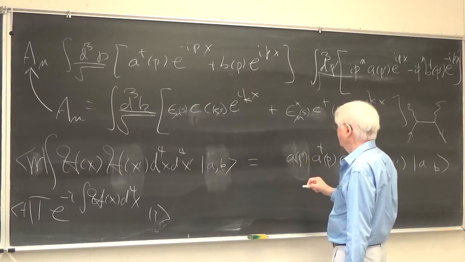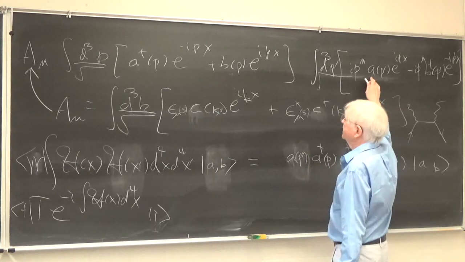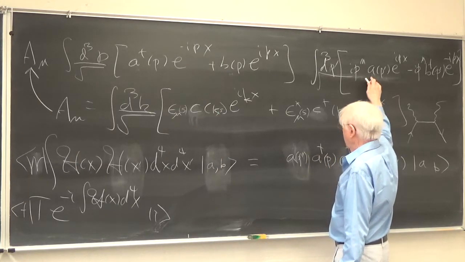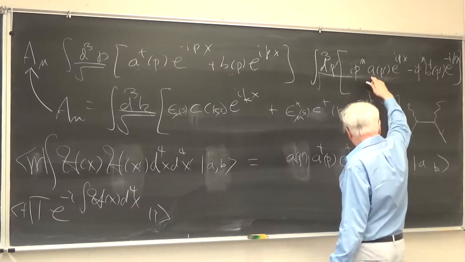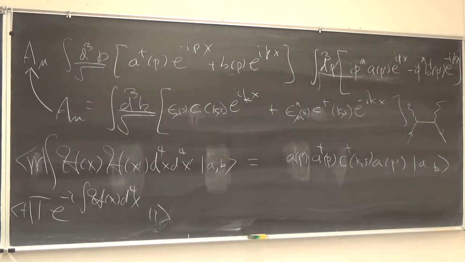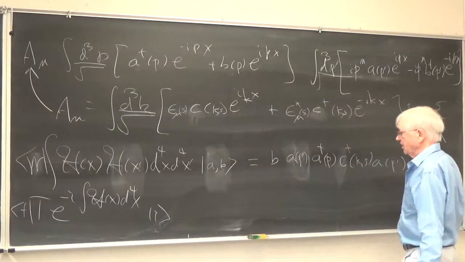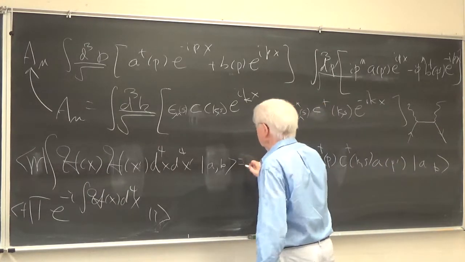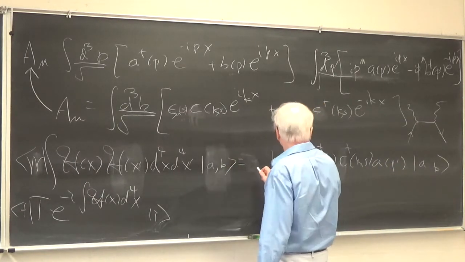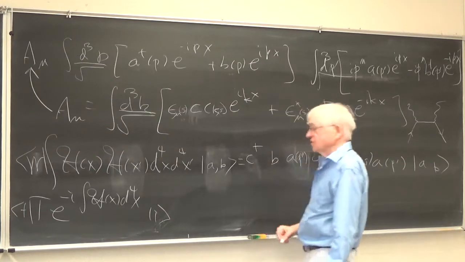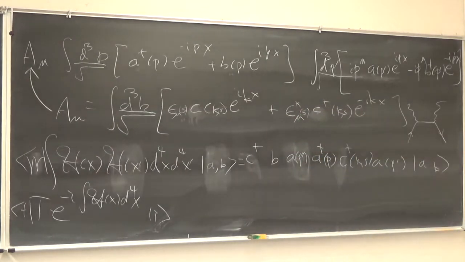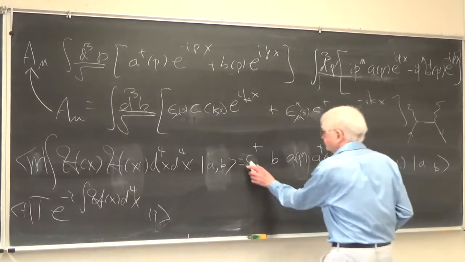triple prime, from here. And then from this guy, I'm going to use a B, which annihilates the B particle. And then from the photon field, I'm going to use again a creation operator. So altogether,